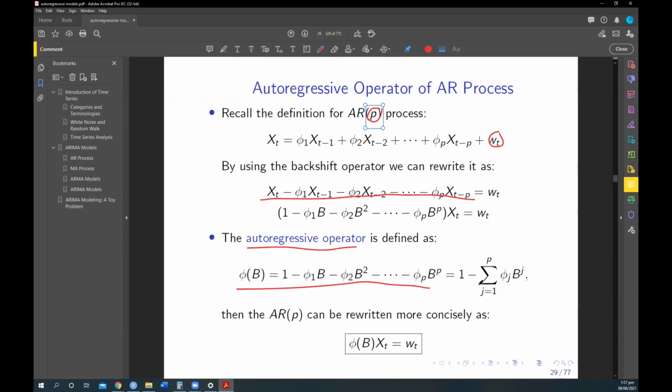Yes, very simple. Okay? So, ito na siya. Phi of B is just equal to 1 minus the summation. So therefore, the autoregressive model of order p can be written as ito na. From this, using backshift operator,